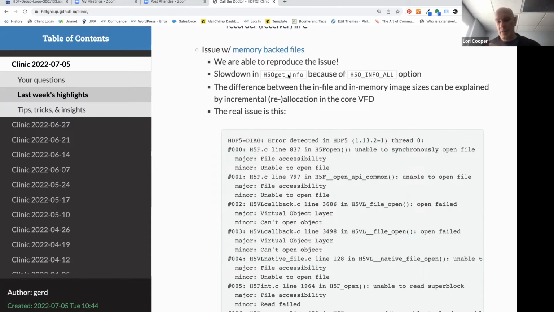And to ascertain the type of the object that link has as its destination, he uses H5Oget_info with the H5O_INFO_ALL option, which in this case